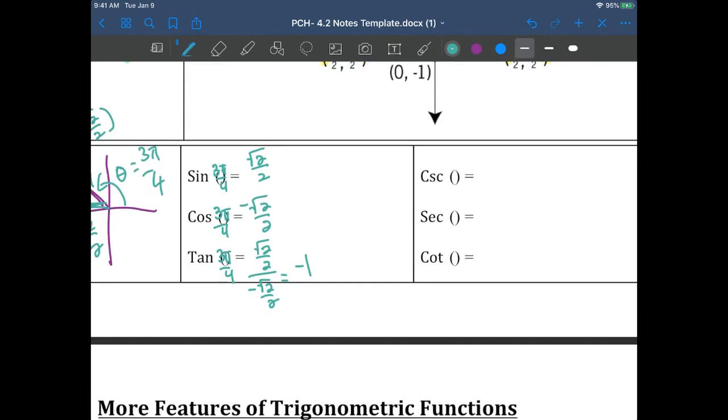The cosecant of 3 pi over 4 is the reciprocal of sine. So 2 over square root of 2. Go ahead and rationalize. Is 2 root 2 over 2. Cancels to give me just root 2. Luckily, secant is the same, so this is going to be root 2. Cotangent is the reciprocal of negative 1, and the reciprocal of negative 1 is negative 1. All right, so